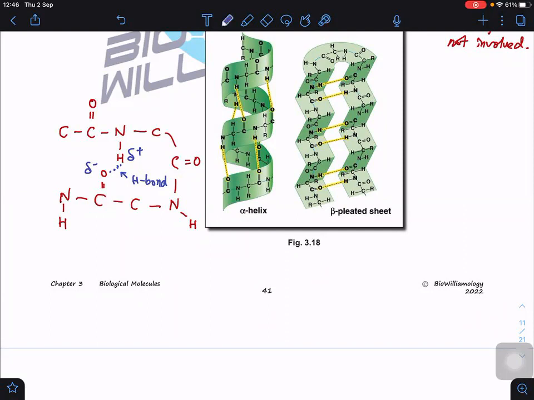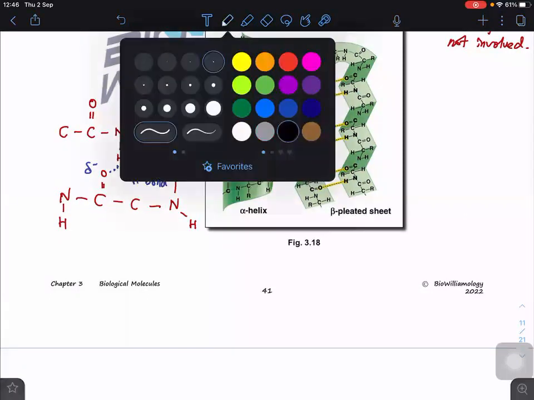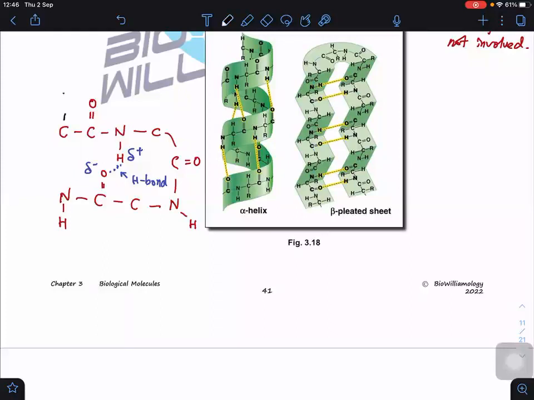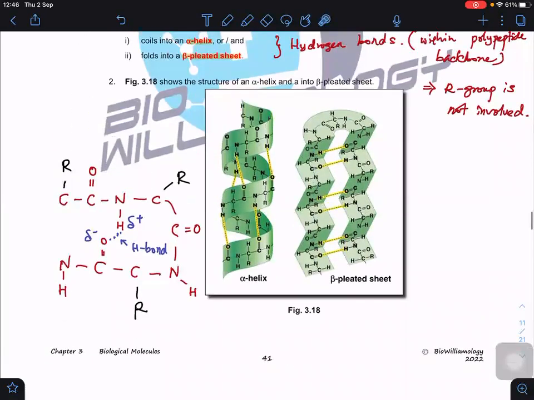So where is the R group? You look at this, the R group is actually here, but the R group is not involved. Can you see that? All R groups do not get involved in the formation of the hydrogen bonds in secondary structure. Do you realize it? The formation of the hydrogen bonds to form this alpha helix and beta pleated sheet only involves the oxygen atom of the C double bond O and the H atom of the NH group within the polypeptide backbones, and R groups,